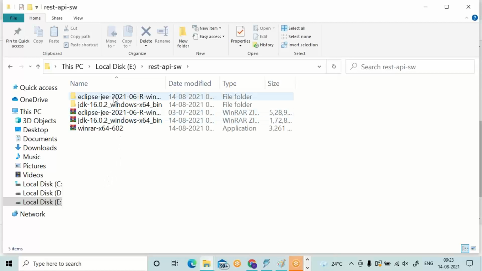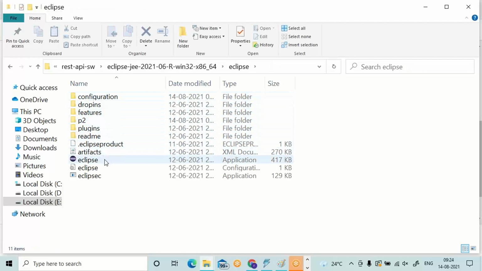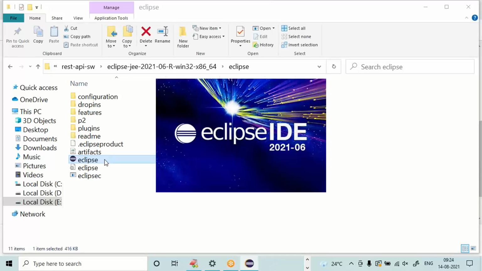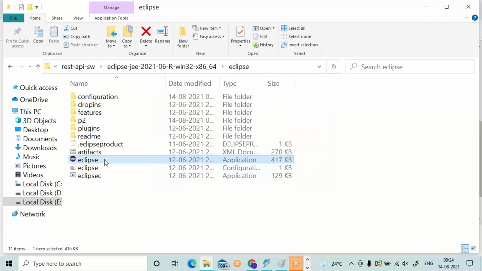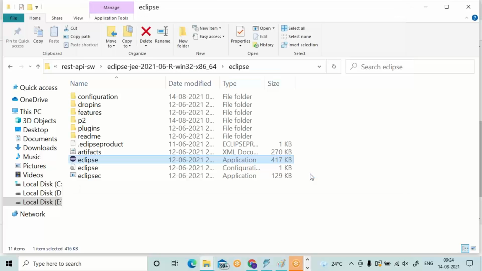Everybody, if Eclipse is already opened, you can use the same. In my system, I closed Eclipse. I am opening Eclipse again. Choose the location as the workspace. Previously, while running, we chose this as the workspace. Only this location. In this location only, the downloaded demo project is there. Launch.